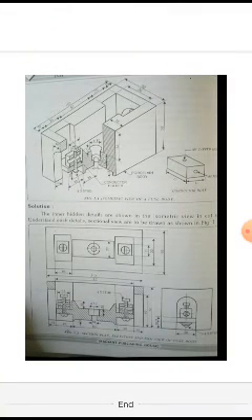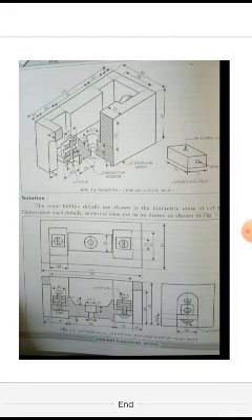Now see this, if you just take a screenshot of it or make a note of it, we have an isometric view of a fuse body. This is generally the isometric fuse body. Observe the data. Generally, if you take a drafter, you have a length and breadth. How we will draw this particular diagram, we'll learn in this particular subject itself. In today's class, we'll be in a position to understand it.